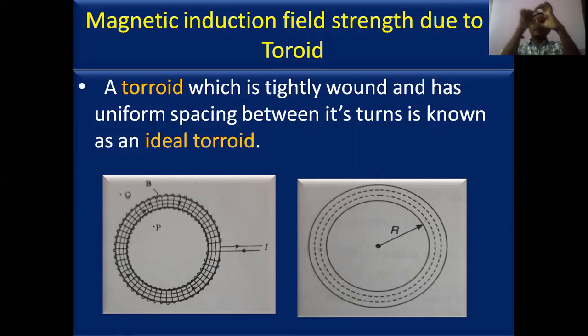If the turns are like this, right? So if the turns are in this way and the current is flowing in this direction, now the direction will be along the tangent line direction at any point on the circular path. Then you will get the locus in the clockwise direction, circular path. So the concentric circles will be the magnetic lines of force which are forming inside the toroid. That is this dotted line. This dashed line represents the magnetic lines of force direction, which may be in this direction or in this direction. That depends on the direction of current in the turns.